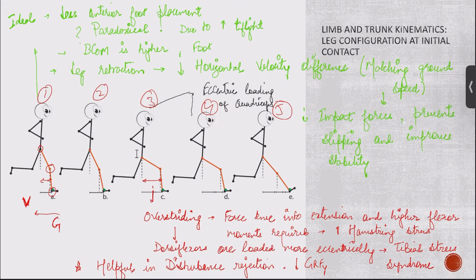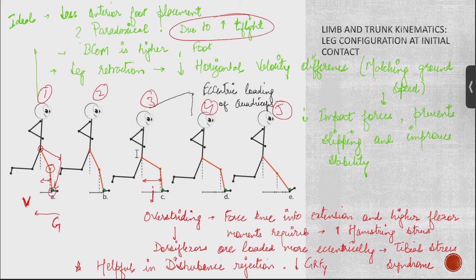But you will now say that this will decrease the step length, but no, step length will not decrease, but paradoxically it will increase due to the increase in flight time, which would be due to the more forceful contraction of our muscles with this leg configuration. Here what happens is, when the athlete is moving at high velocity, he will bring his leg here during the flight time and then retract it like this. So due to the rapid retraction, he will match his velocity with the ground velocity.